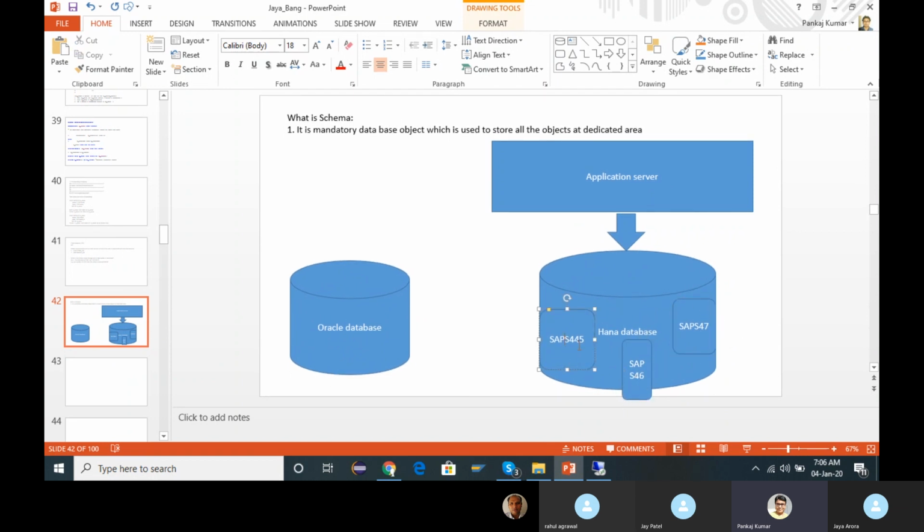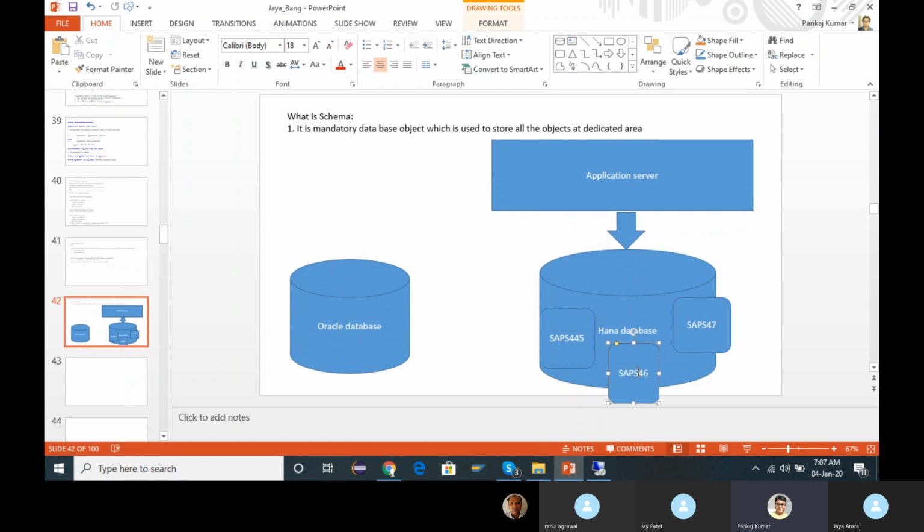So if we do some experiment with this particular system, it will not hamper the objects of another system. In this way you are able to protect another area. The same database can be used for different systems.